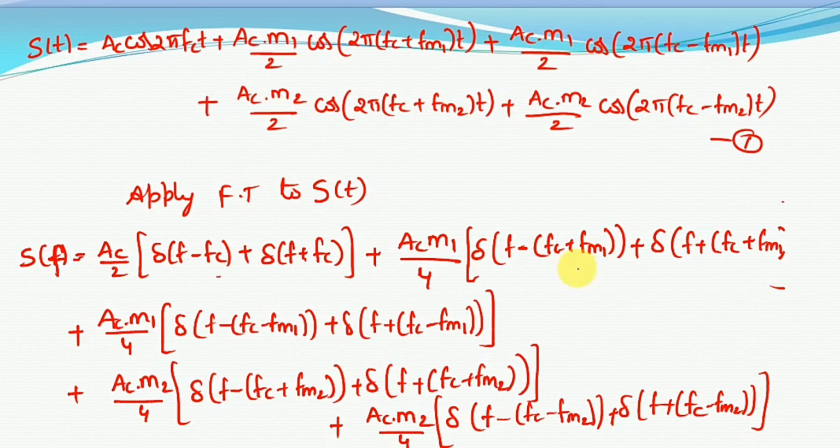Here Fc plus Fm1 is a higher frequency compared to Fc, and also Fc plus Fm2 will be the highest frequency compared to Fc plus Fm1. Why? Because we are making an assumption that the first signal frequency, Fm1, is always less than Fm2. So we have to keep this in mind while drawing the frequency spectrum of an AM signal. Okay, so if I draw the frequency spectrum of the AM signal, then it simply looks like